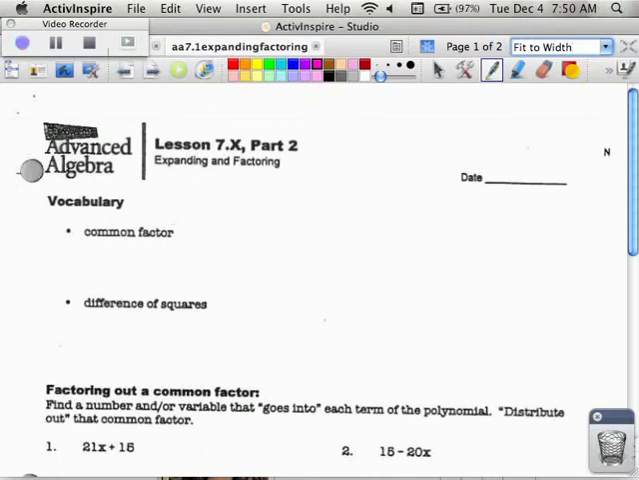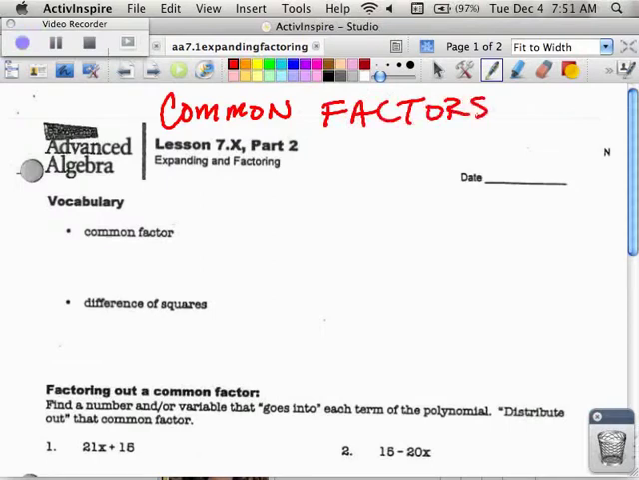In section, they call it 7x, which is just extra work on factoring, because we thought that'd be useful. A couple of vocabulary phrases, and then after that we're just going to do a bunch of examples. The main focus today is common factors, so maybe at the top you might want to write down common factor or factors. And basically it means, do I see anything that goes into each of the pieces in my